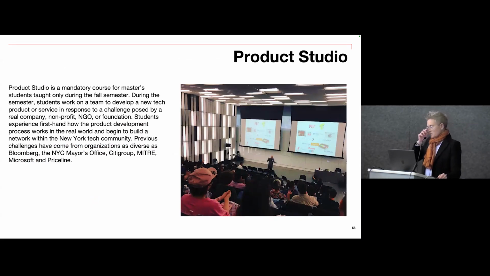So for those of you in the studio professional track, in the second year, you will head to New York City, and you will become Cornell Tech students in Design Tech, and you'll be immersed in the studio curriculum. In the fall semester, you will take Product Studio, which is a mandatory course that all of the master students at Cornell Tech take, so you'll have the opportunity to work with other students and other programs.